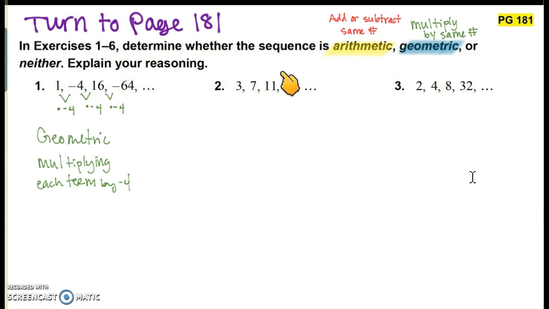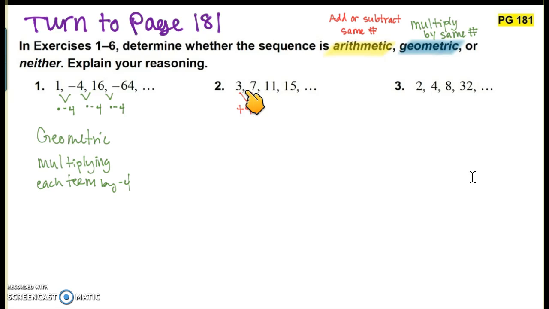So I may want to first start there and figure out, can I add something to 3 to get to 7? And then can I take that number and add it to 7 to get to 11? And can I take that same number and add it to 11 and get to 15? And so when I look at this one, I think to myself, what number can I add to 3 to get to 7? Well, that number is 4,